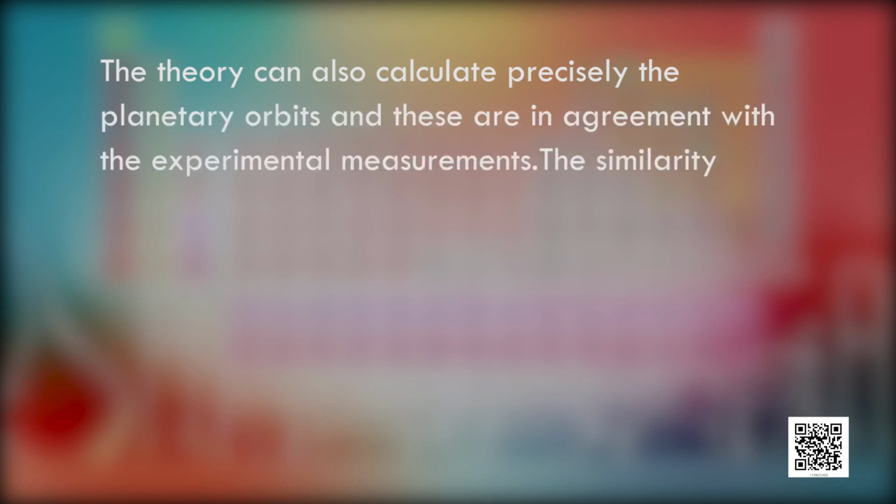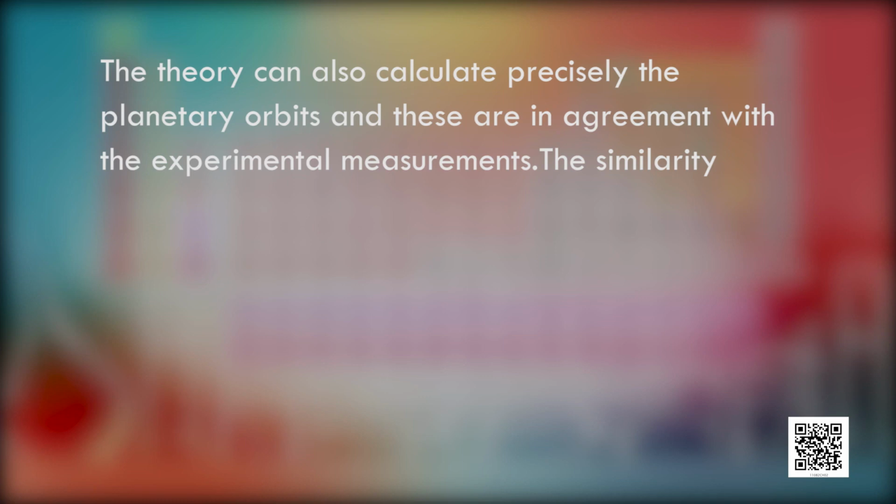So, what was Rutherford trying to say? That as Newton's law and classical mechanics are applicable to the solar system, in a similar manner, he is suggesting that this property of attraction between masses separated by a distance is applicable to his nucleus and the electrons. The classical mechanical theory can also calculate precisely the planetary orbits, and these are in agreement with the